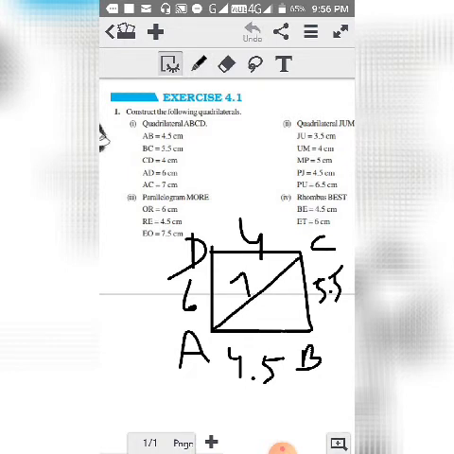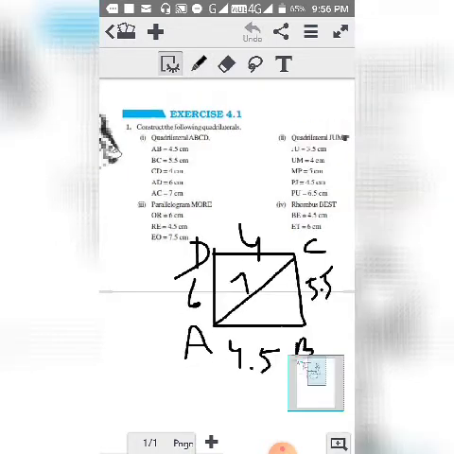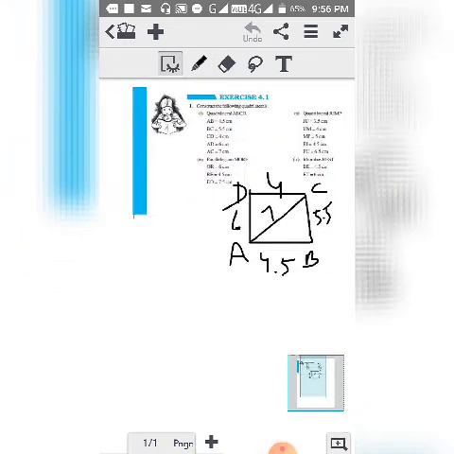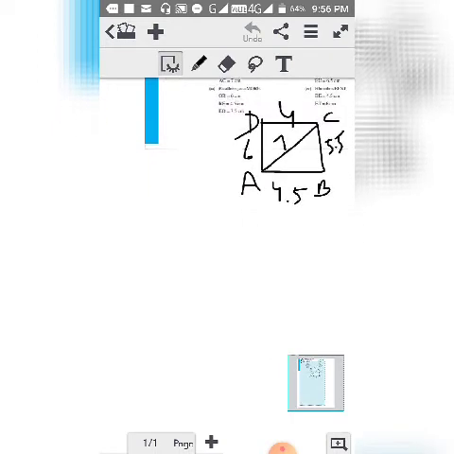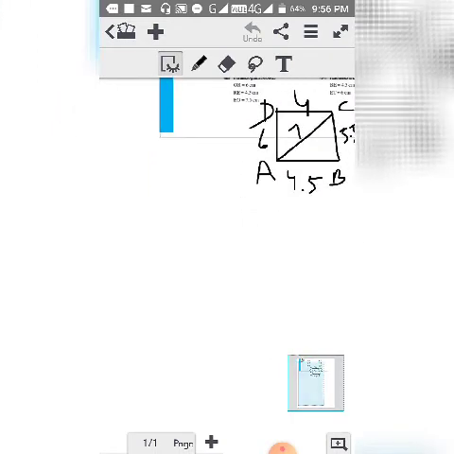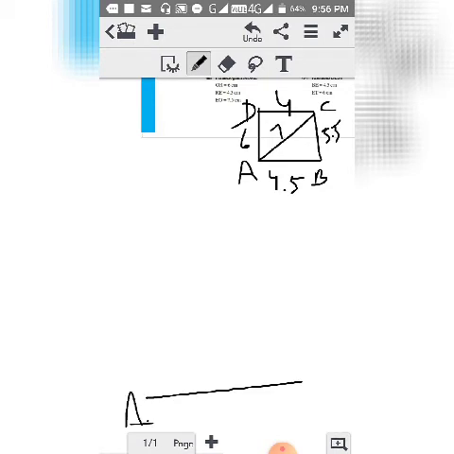Once our rough figure is ready, now we will see this rough figure and make our main figure. All the measurements will be done with the help of the rough figure. Your rough figure will be on one side, in one column. Now I don't have to read the question. I will just see my rough figure and do it. So using a scale and pencil, you will draw a line, using a scale, measure 4.5 centimeter.